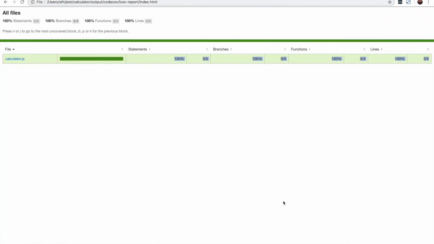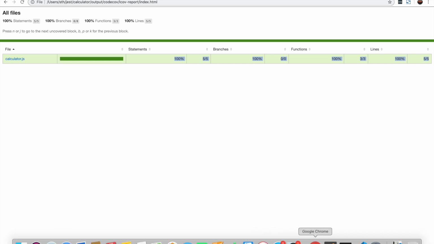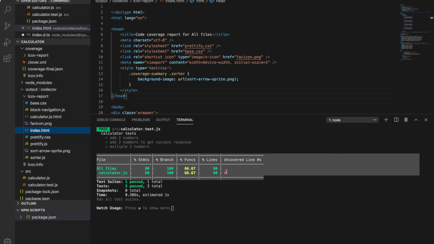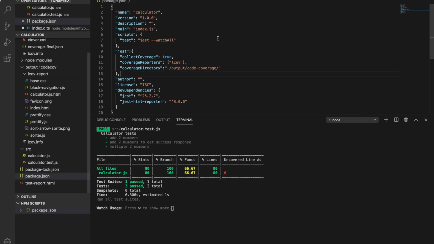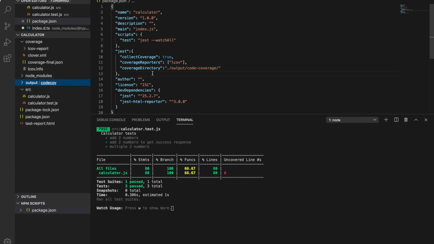If I change that back, so every time you run, this will basically overwrite that file.